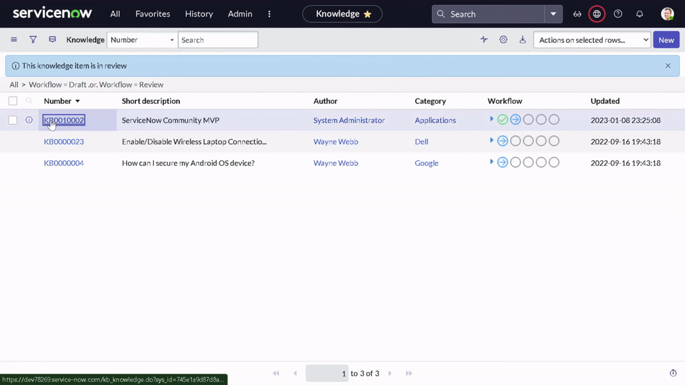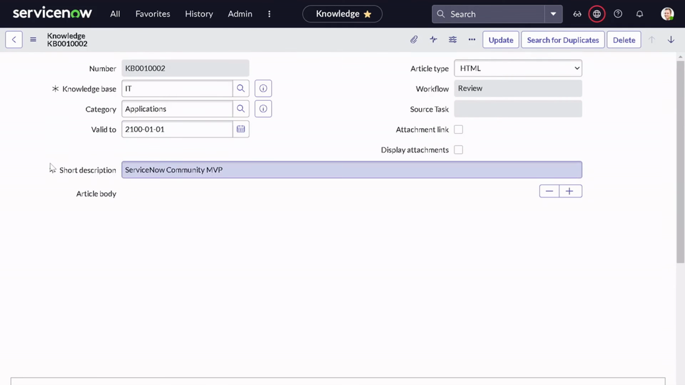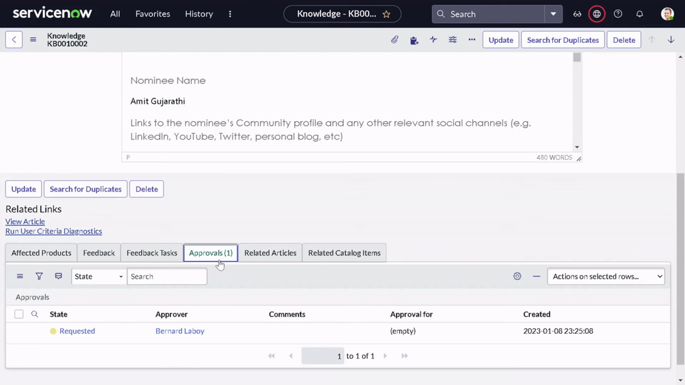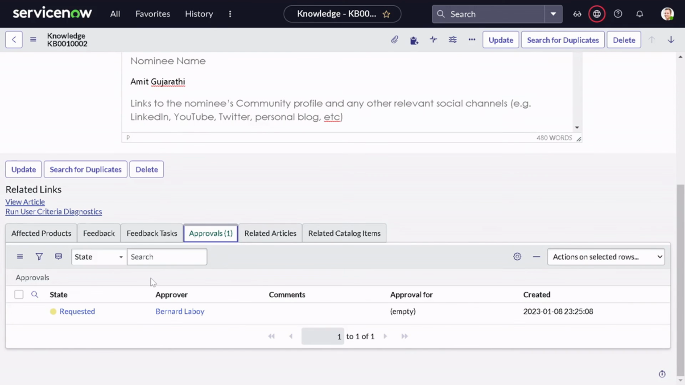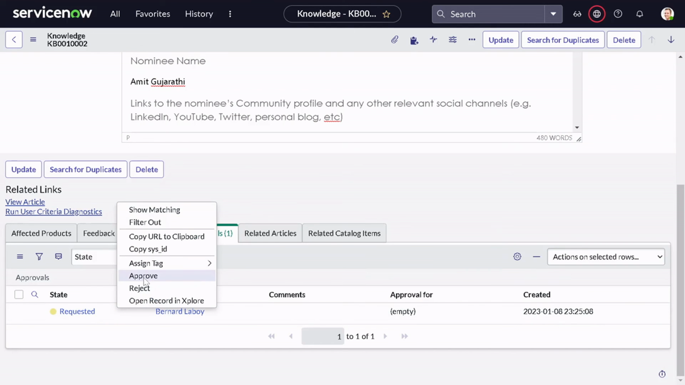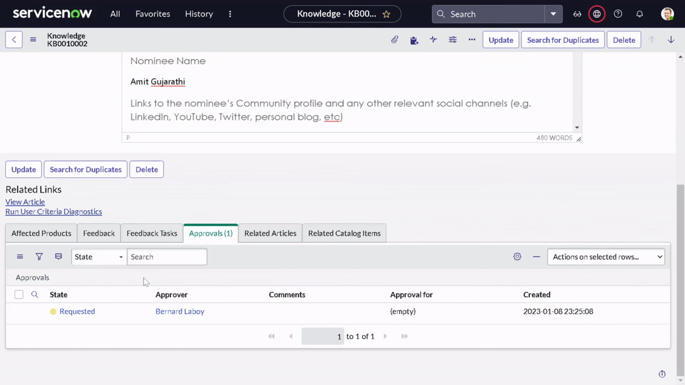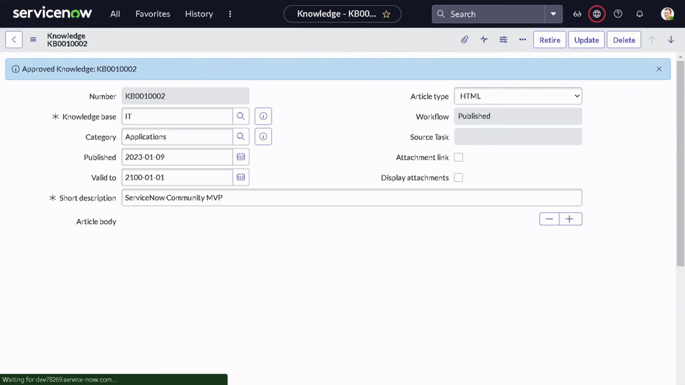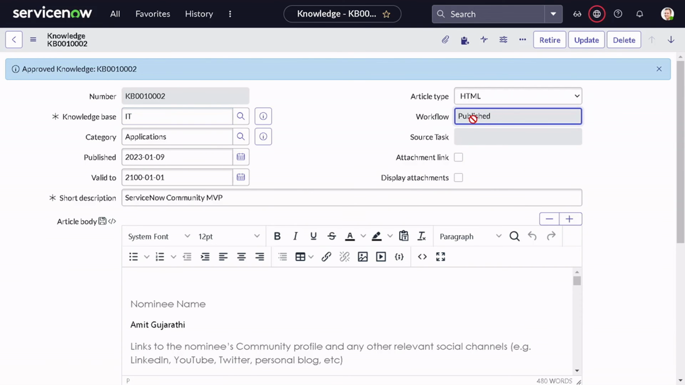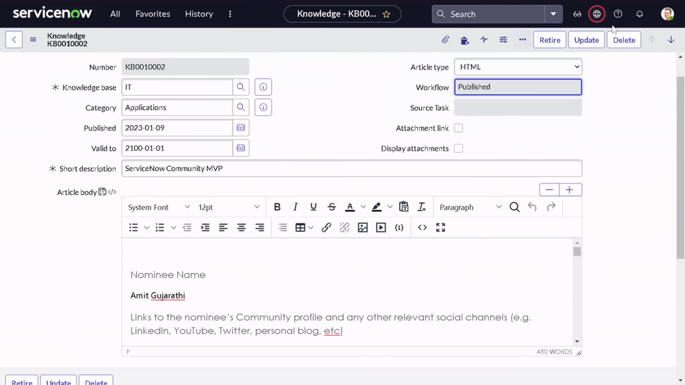so it triggered an approval, and the approval will go to the knowledge base owner, which is Bernard right now. Right now I have admin access, I have superpowers, so I can approve it, and once it gets approved, you can see it got published. And now if you want to retire it, we have a similar workflow, if you click on retire,